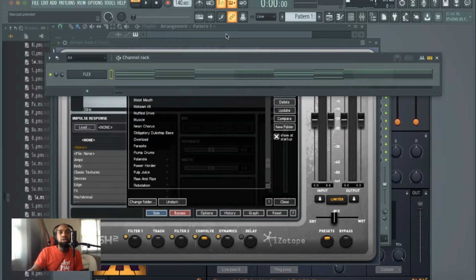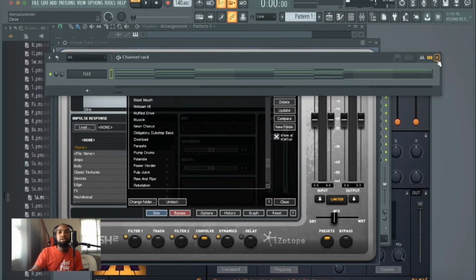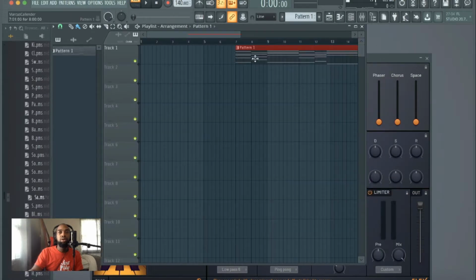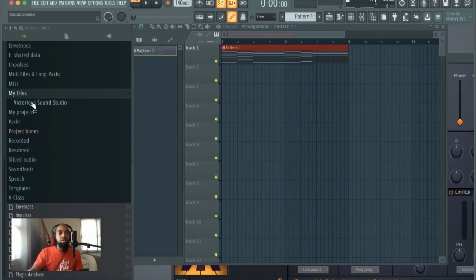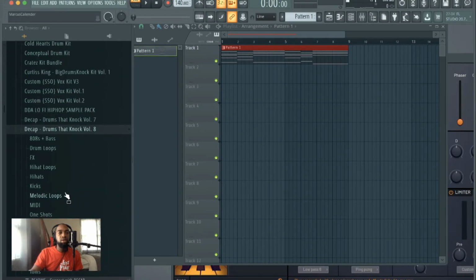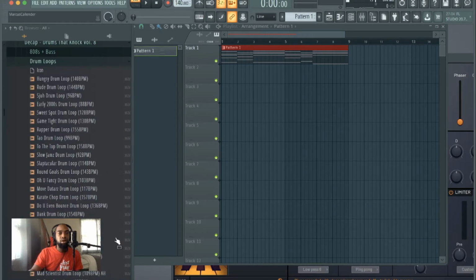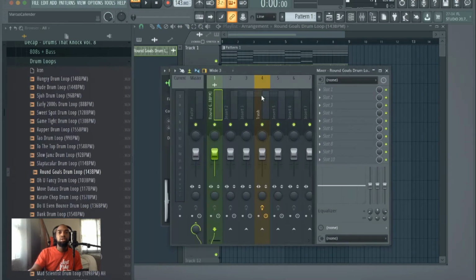So matter of fact, what I'll do is, on top of bringing in the Flex VST, I'll bring in a drum loop as well that I can actually add effects to. Let's go to files, let's go to drums and samples, let's go to Drums That Knock Volume 8, and let's just drag a drum loop out of there at about 143. That's good. I'll just up my BPM to 143 so I don't have to worry about stretching the drums. And we'll just route the drums to